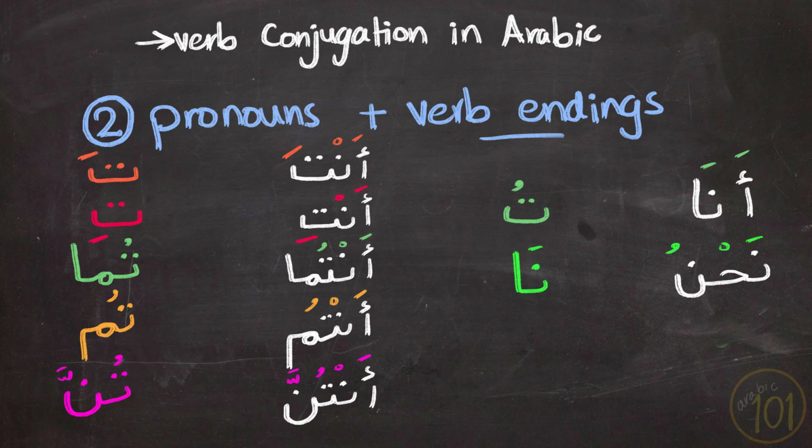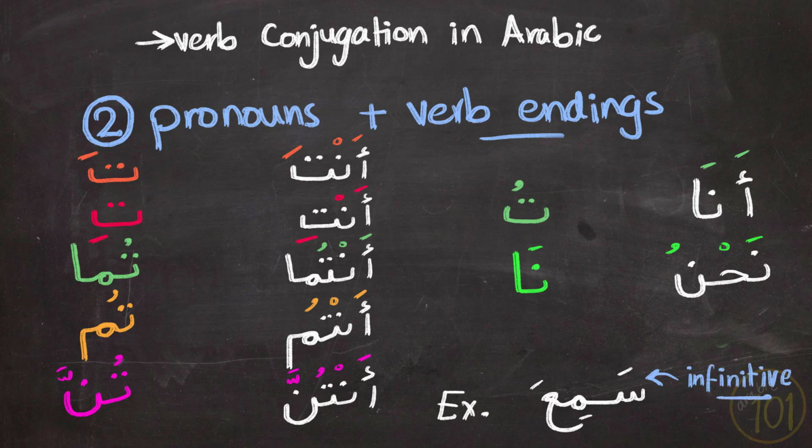So let's look at an example so that we see this happening in practice. So a verb like سمع, it means heard, is going to be our starting point. As we said, this is the infinitive in Arabic. And that's how you conjugate it with different pronouns. So it will be أنا سمعت, نحن سمعنا, أنت سمعت, أنتِ سمعتِ,